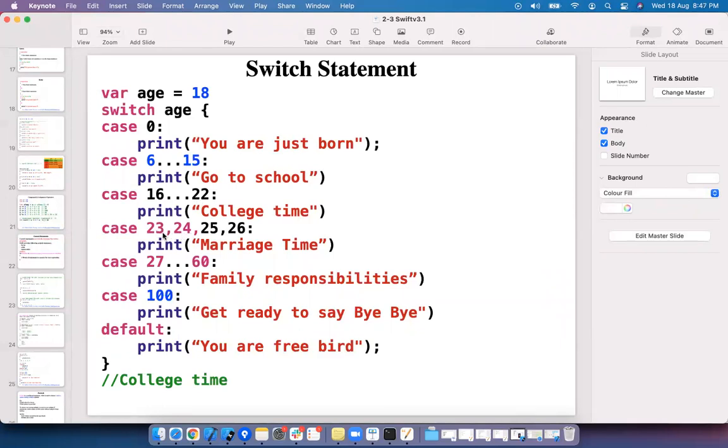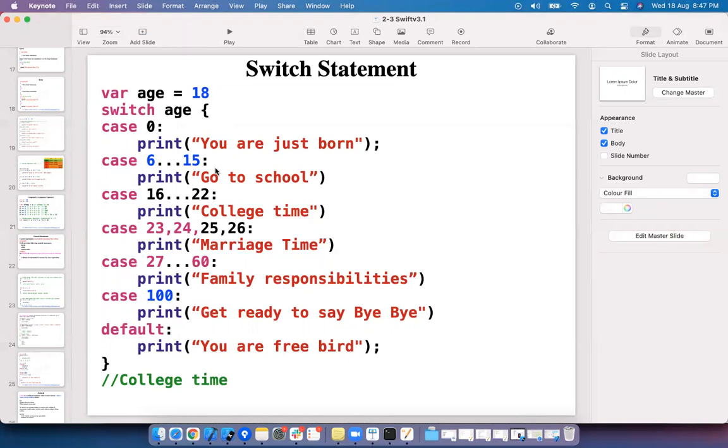You can also specify comma separated values here, 23, 24, 25, 26, marriage time. 27 to 60, family responsibilities. If he is 100, get ready to say goodbye. Other than this, you are a free bird. After 60, he doesn't have any responsibilities, so he's a free bird. If he is 100, he is ready to go.